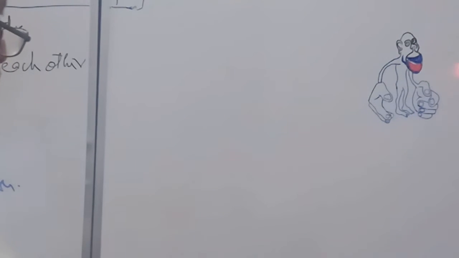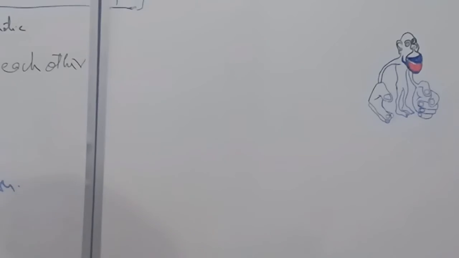Not only according to the sizes of motor centers, as we already discussed for Brodmann cortical area number 4. Similarly, in the sensory cortex, areas number 3, 1 and 2, the sizes of the sensory centers vary not according to the sizes of different parts of the body, but depend upon, number 1, the sensory receptors, when the area is more sensitive, and second, the tactile discrimination and tactile regulation is more accurate and more sensitive. So in this way, this will be the body of the human body parts according to the sizes of sensory centers.